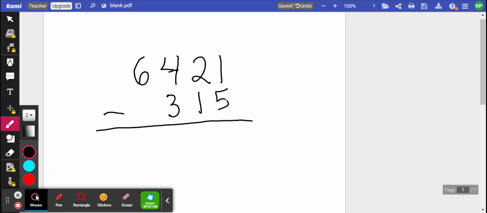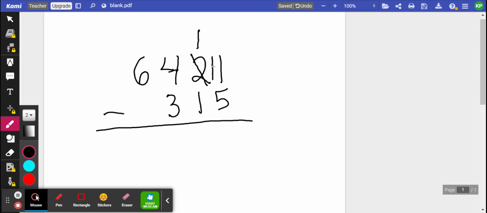So I've got 1 minus 5. Sometimes it helps if we think of this like apples. If I have 1 apple, can I eat 5? Well, we can't because we don't have enough. So we're going to have to go to the neighbor and we're going to borrow, which is a regrouping, because this right here right now is 2 groups of 10. We're going to take one of the groups away. So if I took one of the groups away, I would have 1 left, and I'm going to just drop